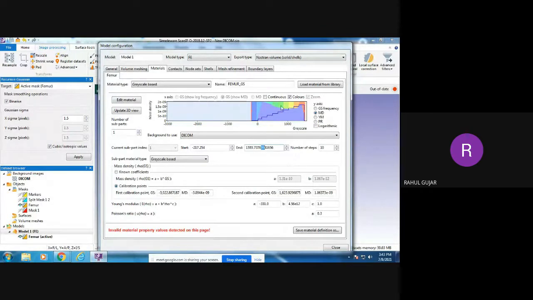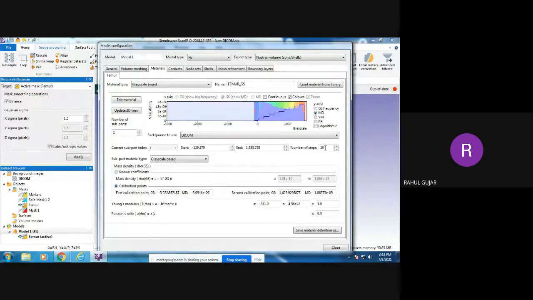Okay, you can see that this grayscale is divided into 10 materials: 1, 2, 3, 4, 5, 6, 7, 8, 9, 10. So what I do again, that instruction will be coming. So again, I'll scroll it to the next. Okay. Now it is eliminated. Even you can increase it to 20.